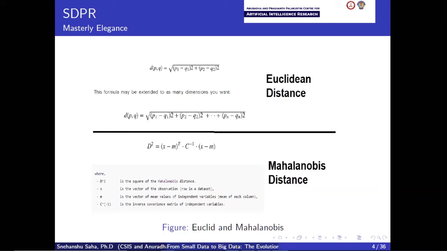So what is the problem in computing the distance between these set of points as it is, without caring for the correlation dimension? There is also a problem of scale that I'll come to in a bit. Naturally, if you ignore these correlation dimensions, then there would be undesirable people grouped into the same cluster. And people who should really be grouped into the same cluster will actually not be grouped into the same clusters, right? And people who are not supposed to be in the same cluster will be grouped into the same cluster. Okay, all right.